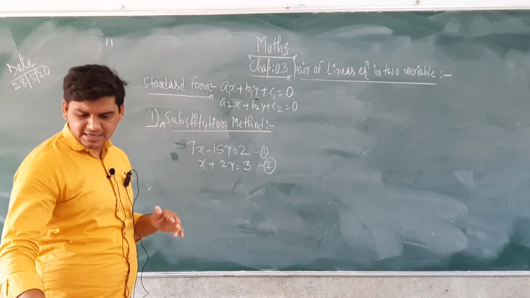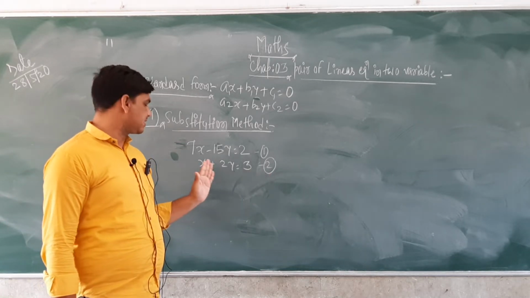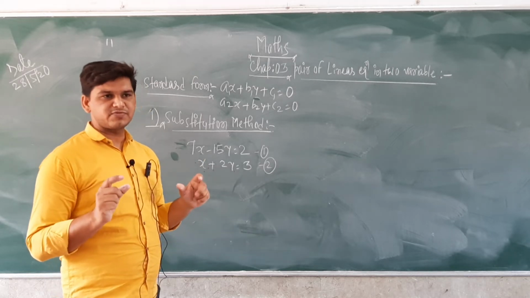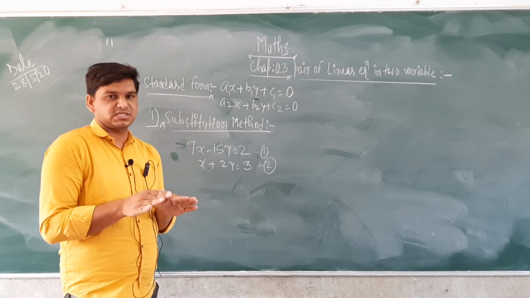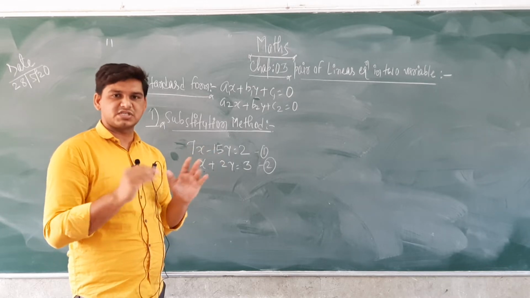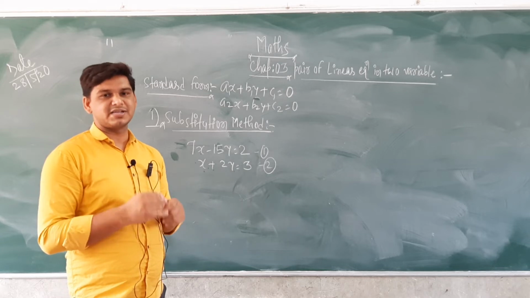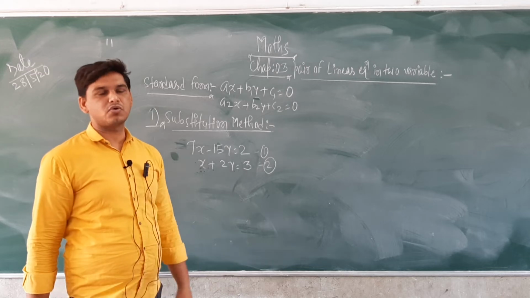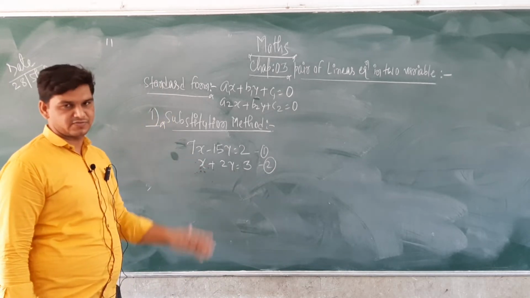First, the second equation is slightly easier because there is no coefficient. Our priority is to check the two equations, and whichever variable has no coefficient given, we should take that one, because that is the easy method. If a coefficient is given, then division and multiplication must be used, which can be quite complex for you. In this question, x does not have any coefficient in equation number 2, so I'll take the value of x from there.